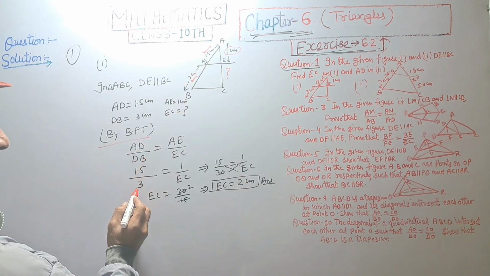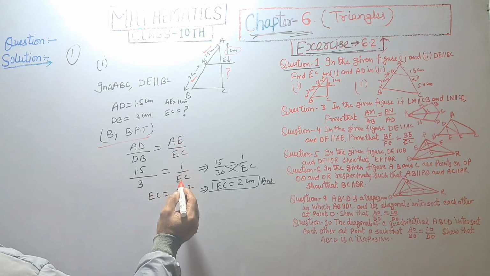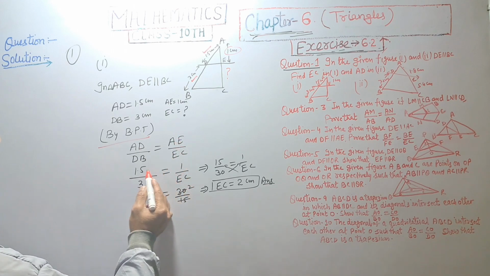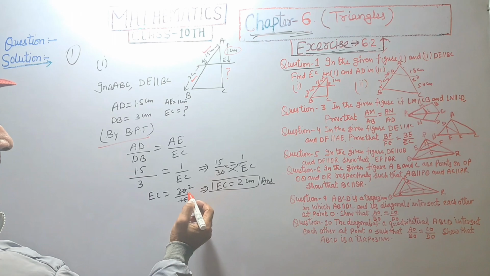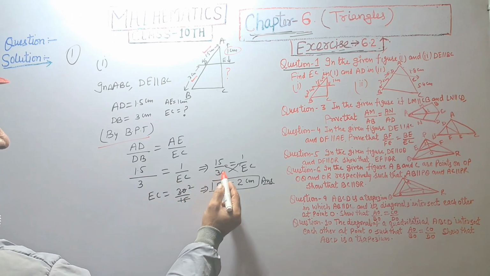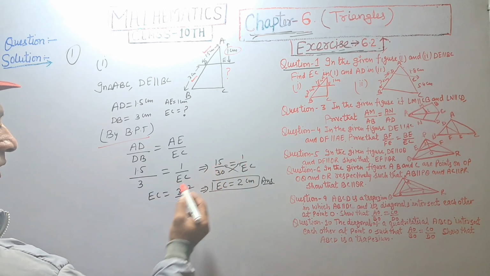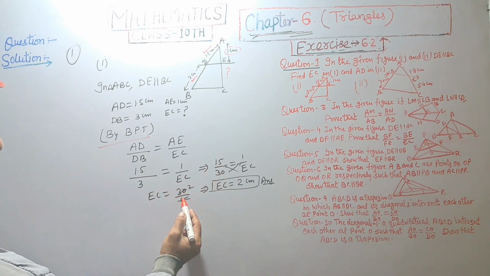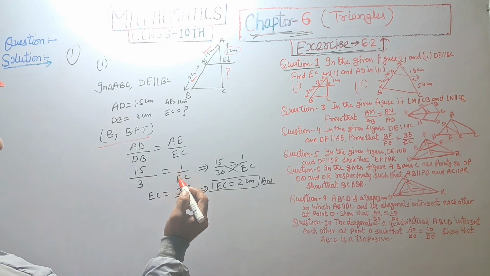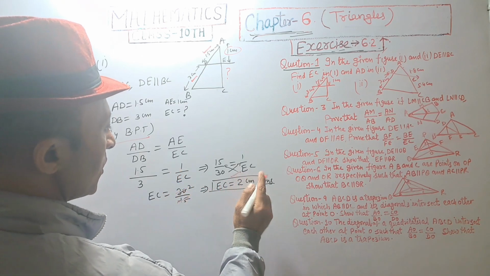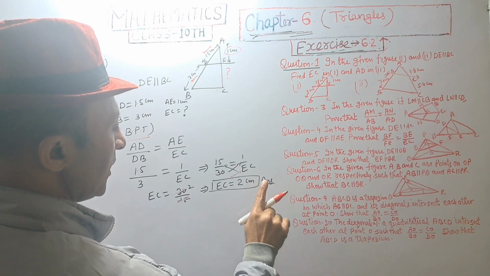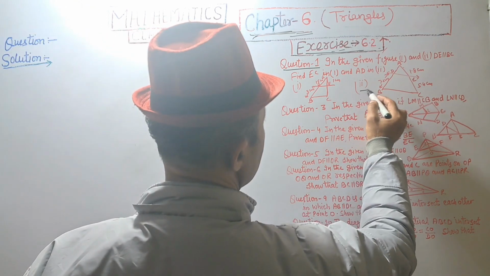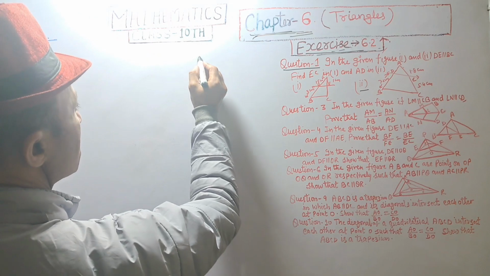So 1.5 upon 3 is equal to 1 upon EC. 15 multiplied by EC, and 30 multiplied by the right side, divided by 15. We get EC is equal to 2 centimeter. Answer. And the second part is